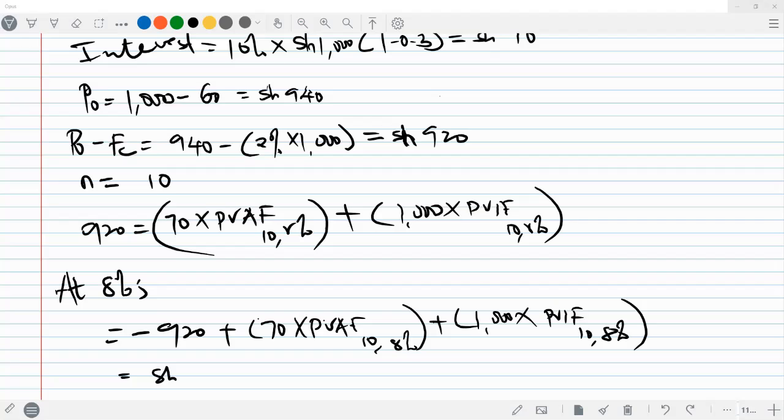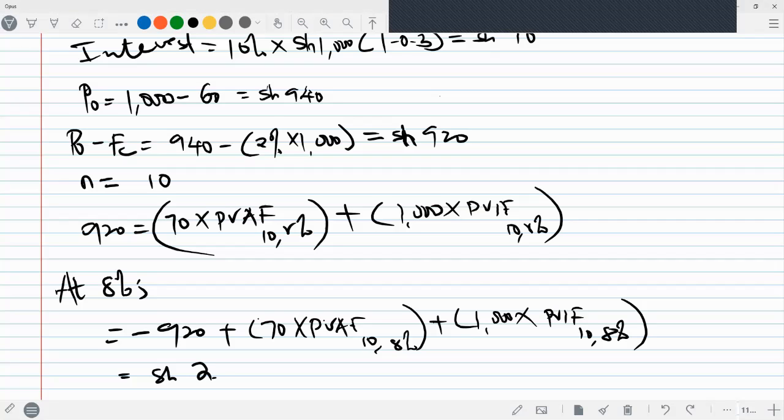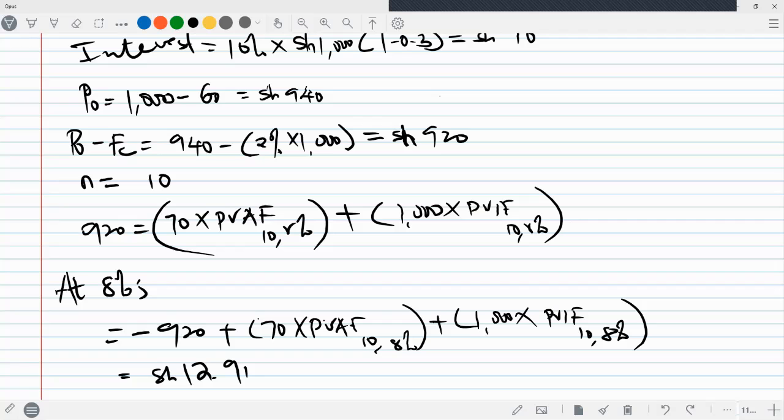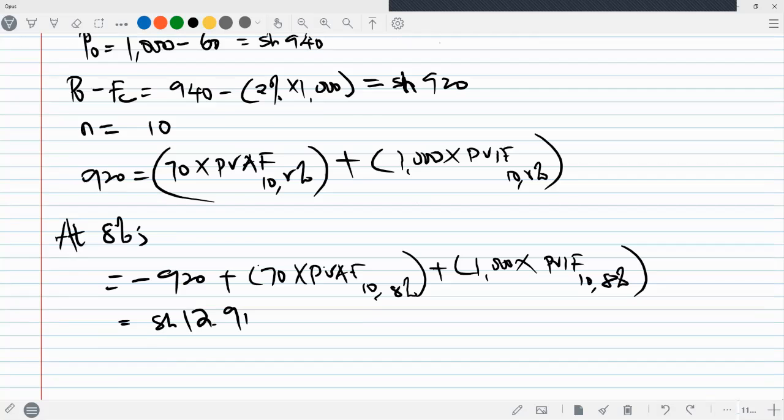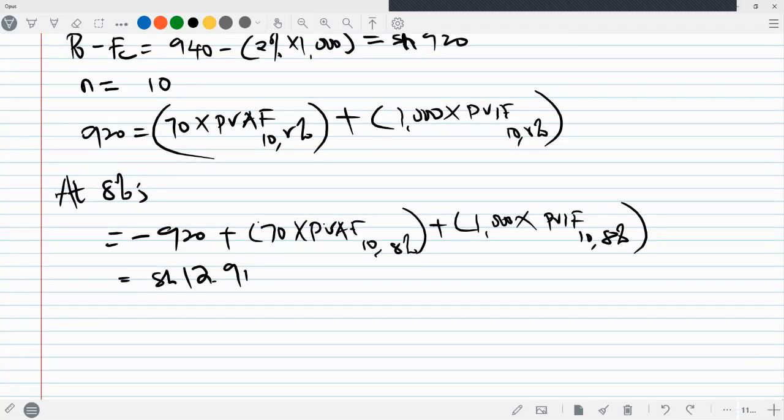12.91. Positive or negative? Positive. Okay, 12.9% is positive. Let's try at 10%. This is just a trial. Don't forget, this is a trial and error method. Okay, at 10%,